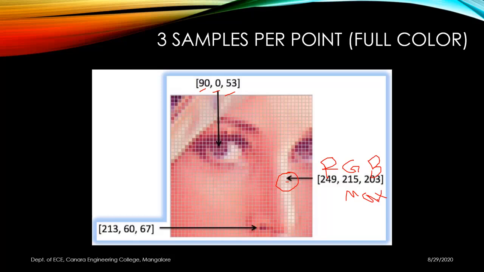And if you make the first component high, like this one, where the R value is relatively high compared to G and B, that pixel appears reddish. If you make it 255, 0, 0, it will be pure red. If you make it 0, 255 and 0, that means the green component is full and the other components are 0, that pixel will become greenish in color. And if you make the third component high, 255, and the others 0, it will become a blue pixel. Very simple representation in RGB format.